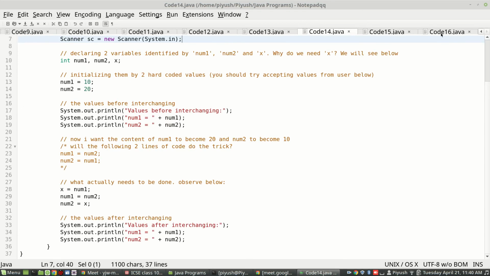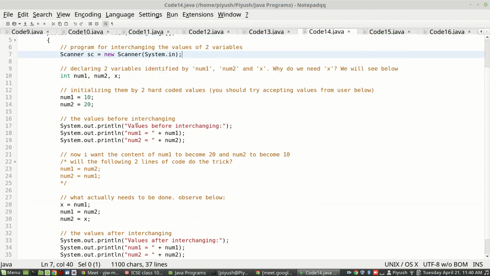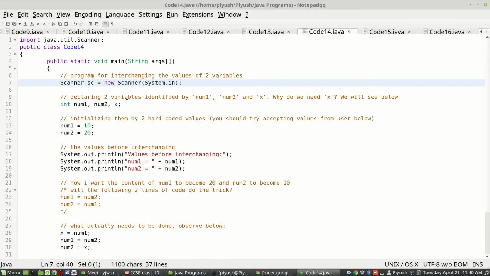No, not 15, 14. I intended to cover one more topic, but because we are not having time, we'll start with that topic tomorrow. Okay, so code 14. This is the correct way of exchanging two variables.